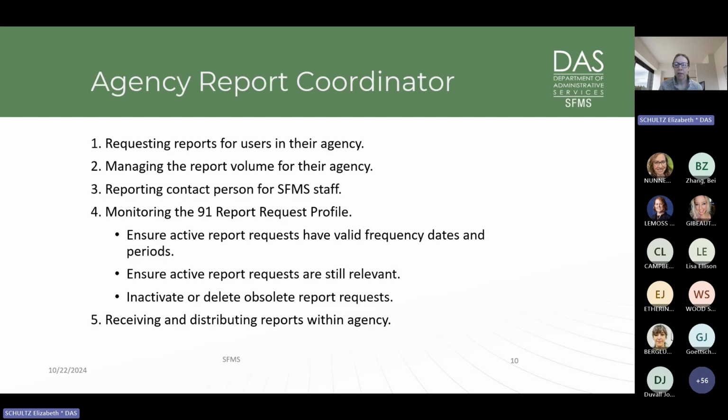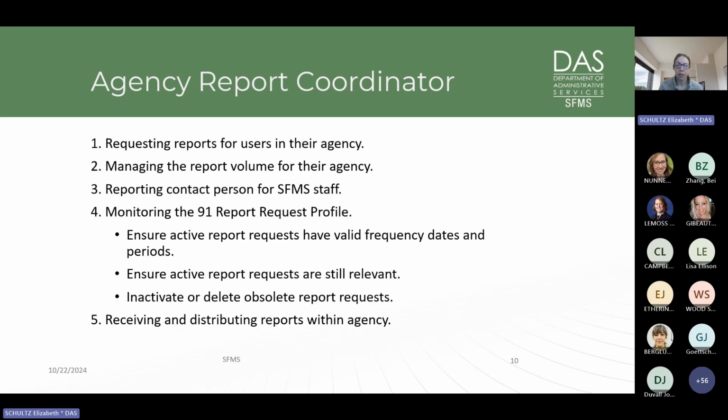And the reason we do that is it's helpful to have one point person in the agency that kind of manages those profiles, can order the reports, kind of understands the differences between the 91 and the 95 screens. If we in SFMS have a question about a report, we're going to look and see who your contact is at your agency as the agency report coordinator to communicate and ask those questions and work with them